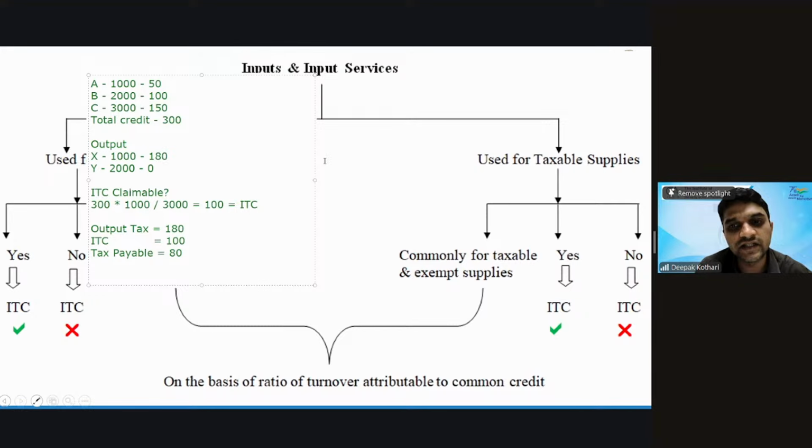So ITC claimable is tax credit into taxable supply divided by total turnover. Correct, Anubhav? ABC is input. Yes, ABC is your inputs, procurements. Out of 180, proportionate only is claimable. 180 is not your input; it's an output. So output you cannot claim. ठीक है? श्रद्धा, 300 कैसे मिला? 50 प्लस 100 प्लस 150 इज 300।